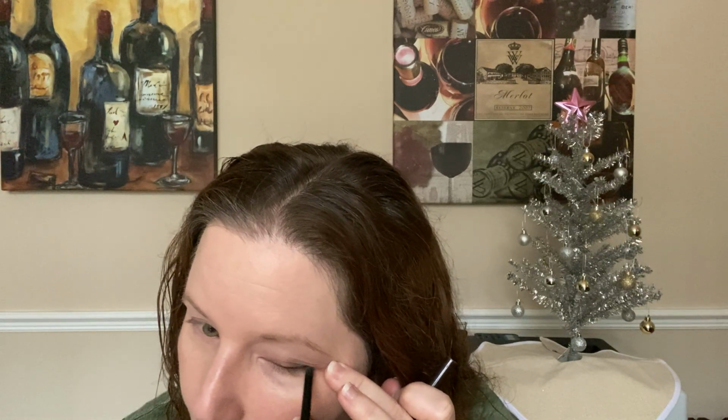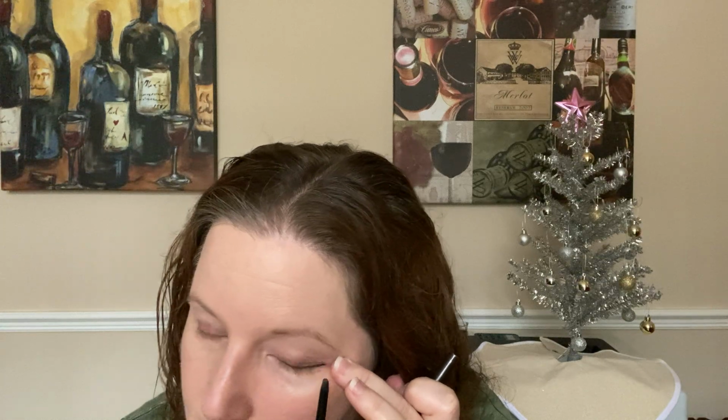So I'm gonna go ahead and I'm just gonna line the upper lashes. One thing I've been doing lately is I've only been lining the upper because I feel like it kind of opens up my eye and makes my eyes look a little bit brighter than doing the top and the bottom. So I want to show you the difference. So I'm going to put on both sides. Okay, so a lot of people would just stop right there with their eyeliner,